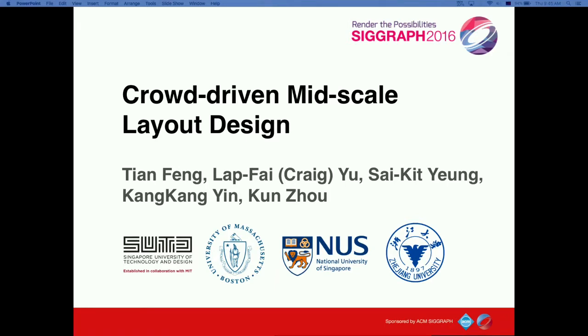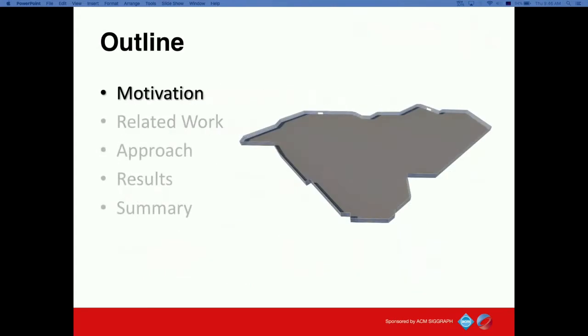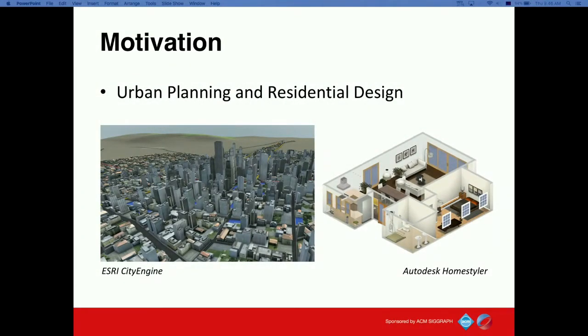We propose an approach to automatically synthesize mid-scale layouts with respect to human factors. Let me begin my talk by motivating our work. We were motivated by the problem of layout design. Conventional methods focus on either large-scale problems like urban planning or small-scale problems like residential design. Successful products like CityEngine and Autodesk Homestyler were hence proposed and are indeed helping people. However, we noticed the design of social places with many visitors traveling had been less studied, like malls and train station terminals. We term such type of layouts mid-scale layouts.